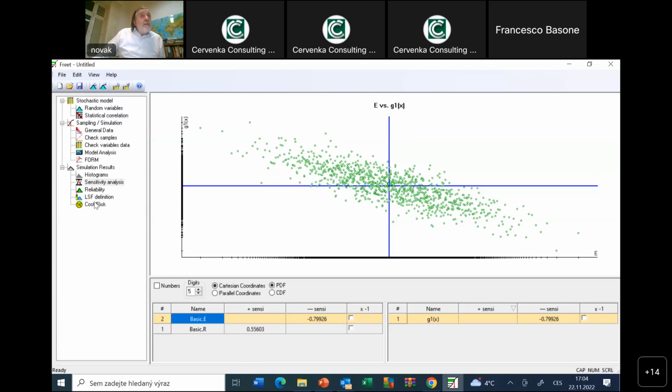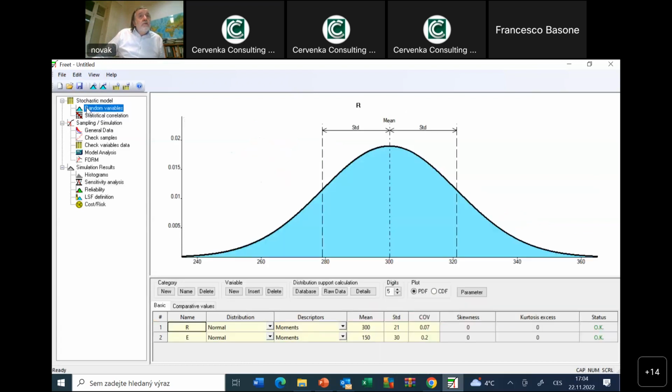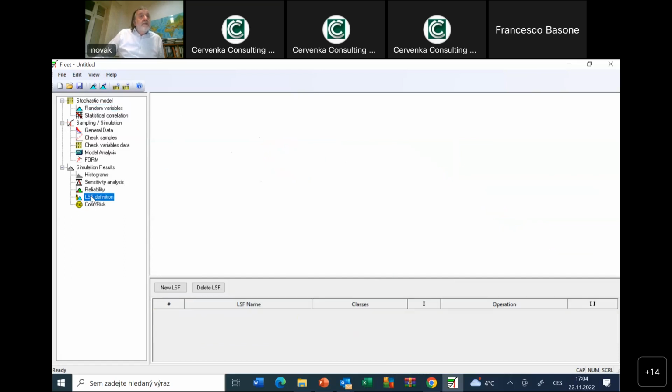Okay, what to show you? What I didn't show. Raw data is there. Maybe I will finish by showing one window, limit state function definition, and it's actually possible to define. It was designed especially for ATENA SARA in such a case that when you have a